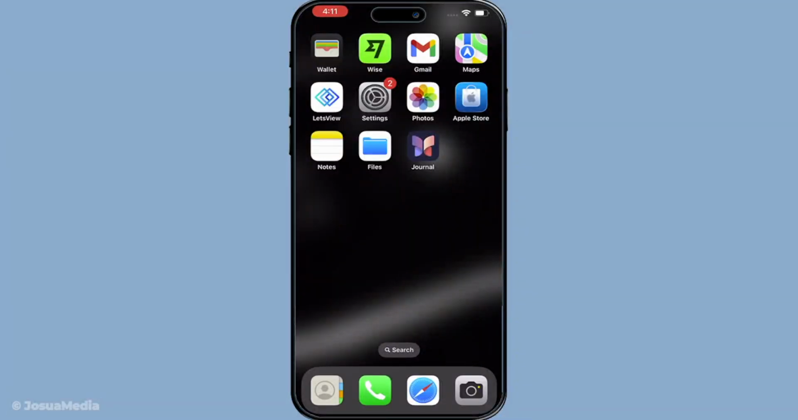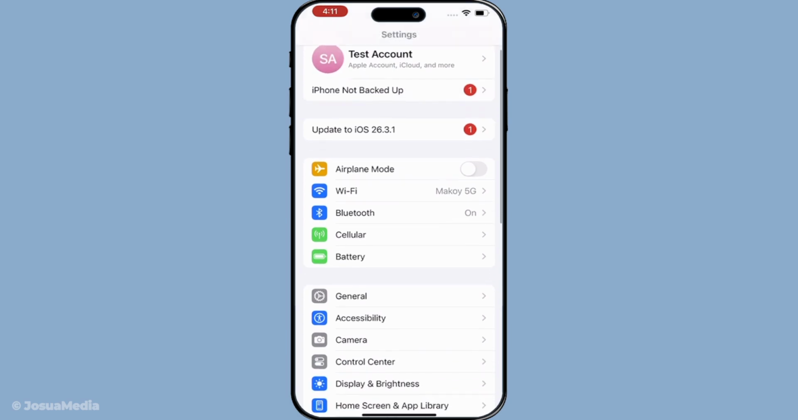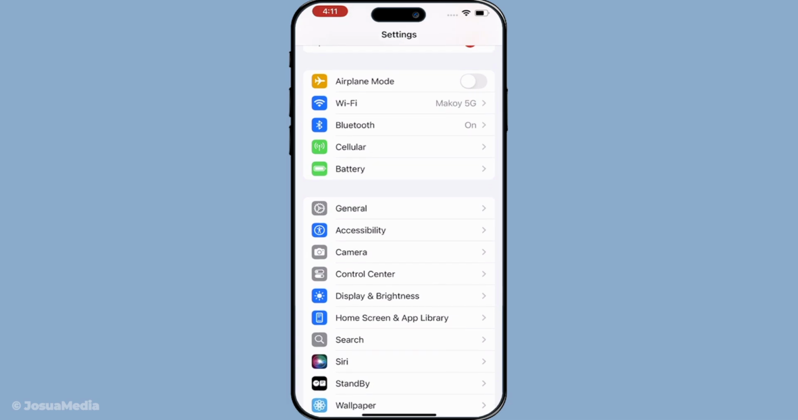In today's video, I'm going to teach you how to enable touchscreen home button on iPhone. So I'm starting on my iPhone by opening the settings app. Once I'm inside settings, the next thing I'm going to do is look for accessibility. I'm just moving through the main settings menu until I find it, and once I see accessibility, I'm going to